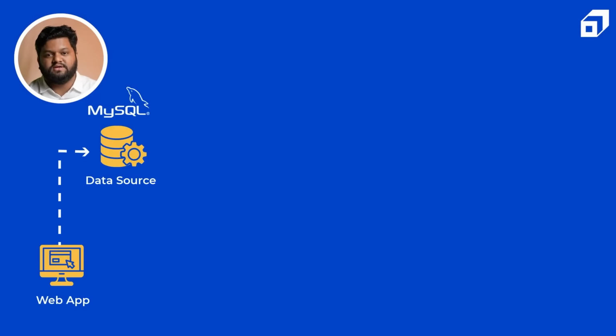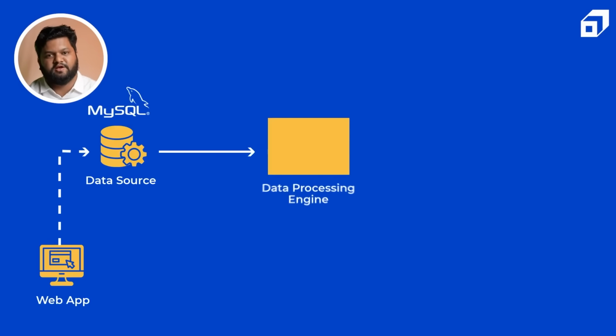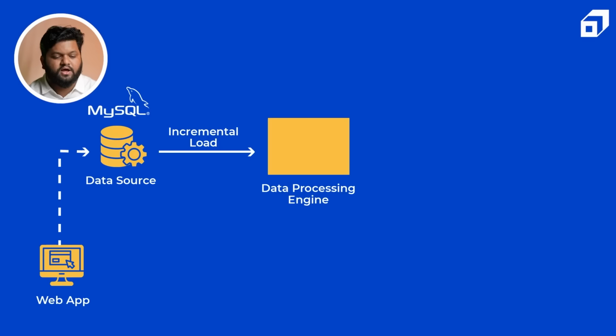So we can use those ones in order to get the incremental data. So here the strategy we are going to follow is the incremental load. After that, there will be the data processing plan, or you can say the data processing framework, which will be doing the actual transformation. So here, for the incremental load, we are using Spark. So Apache Spark will be the framework which will consume this data from the MySQL database on increment basis